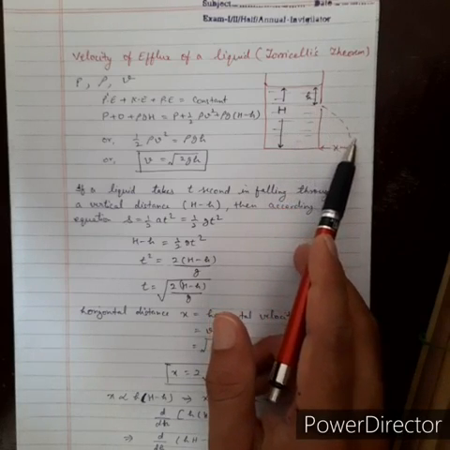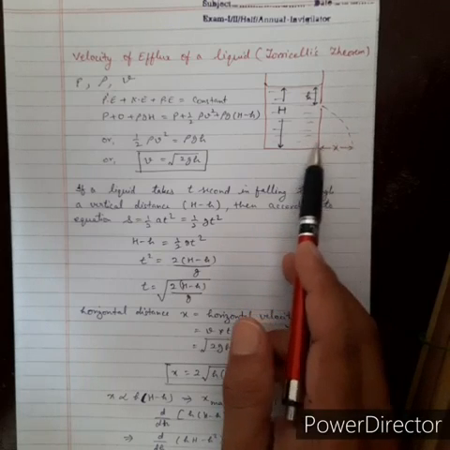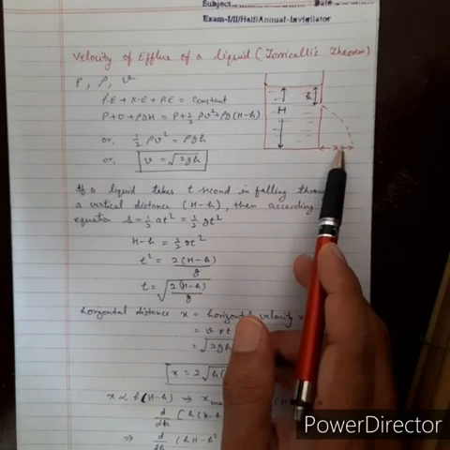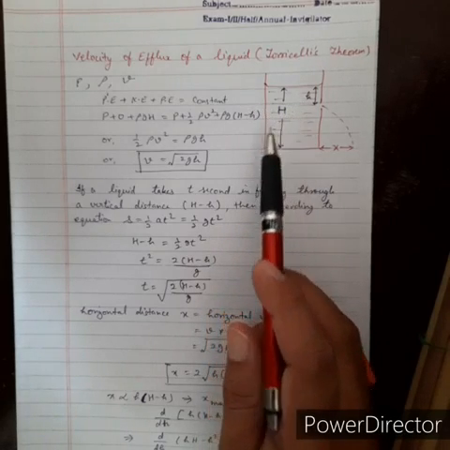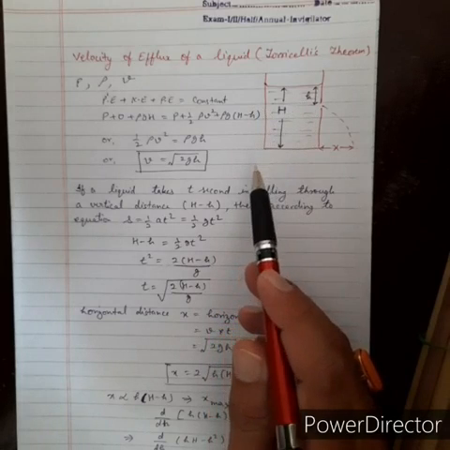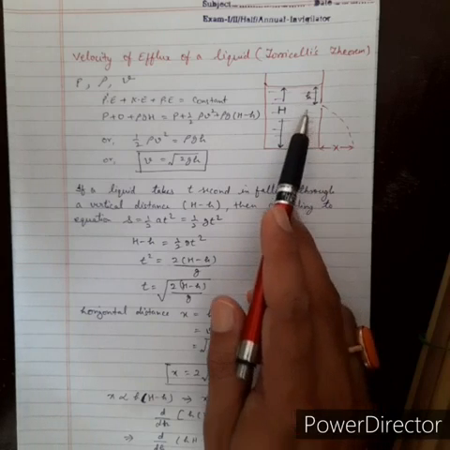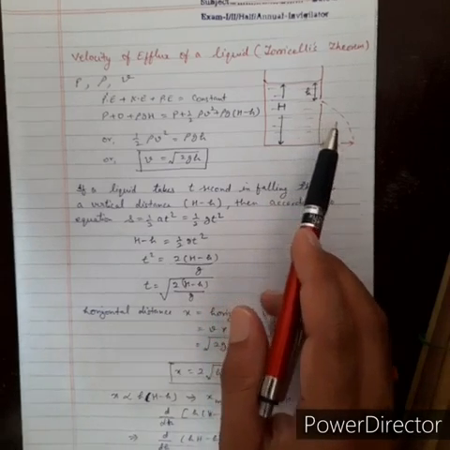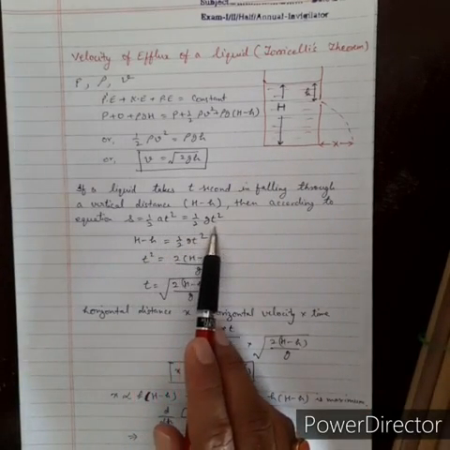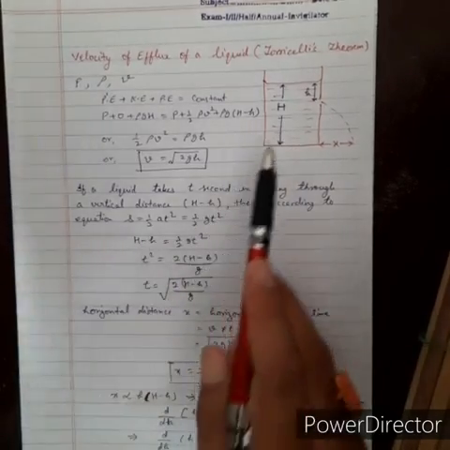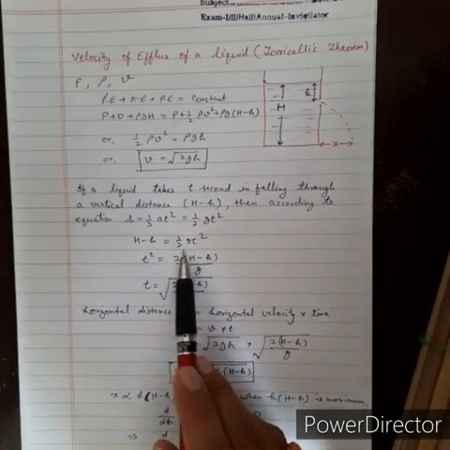Okay, if you see, this is the parabolic path, and the distance which is covered by this liquid, suppose it is x. So I am using here again Newton's law of motion, that s is equal to ut plus half at square. Initially the velocity is 0, so u is 0, so we get s equal to half at square. Because it is in terms of height, instead of a we are using g, acceleration due to gravity. So s is equal to half gt square. S means the distance, or you can say the height from the ground. So height from the ground, H minus h, is equal to half gt square.